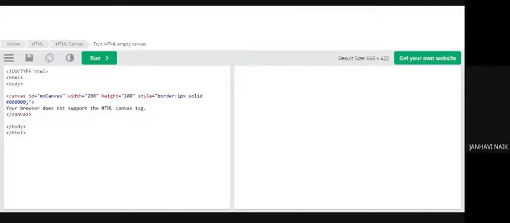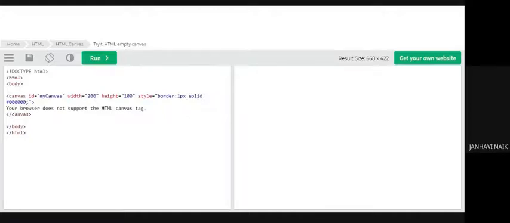That this ID and whatever name I have written will be used in the script which I write when I am referring to the rectangle which I will be drawing right now. Since it is a rectangle, a width is specified, a height is specified, and I have just given a styling. I say border 1 pixel, a solid border, and a certain color. Close and close the angular bracket.